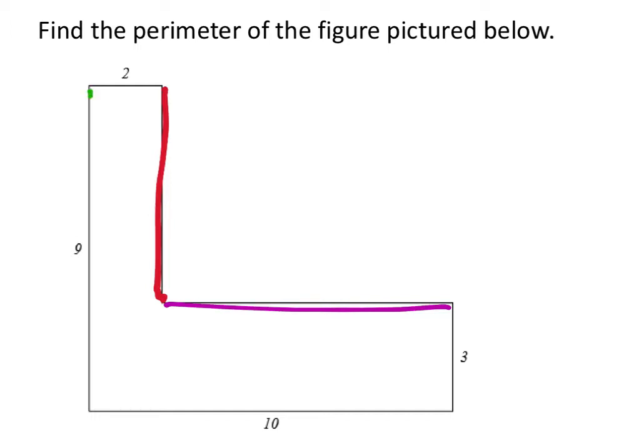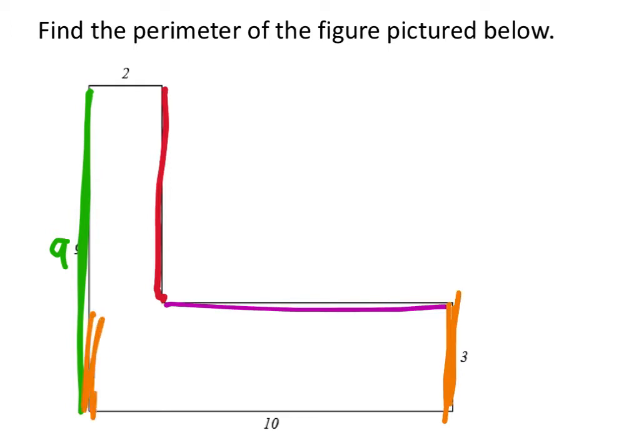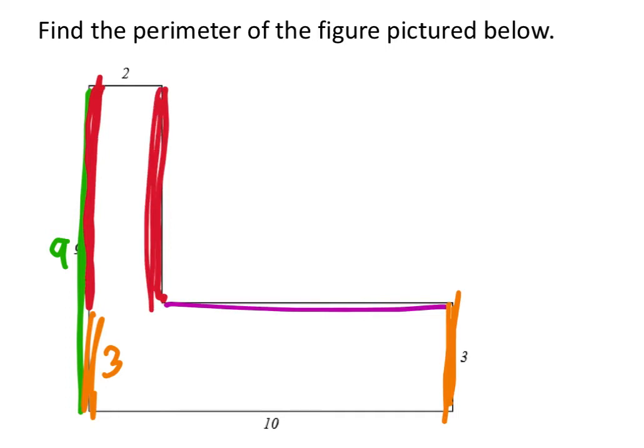Now, what we get is the full length of this is 9 right there. That kind of covered up the 9. That green length is 9. Well, what about that green length do we know? Well, part of it is this 3 right here, right? They're parallel, which means I could move the orange over here and say this is 3 right there, which means the rest of this length right here is the red. See that? Like this red length right here is this red length, but the red and the orange make up the 9,